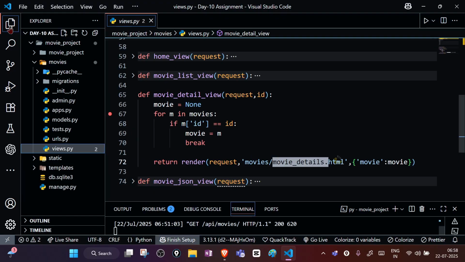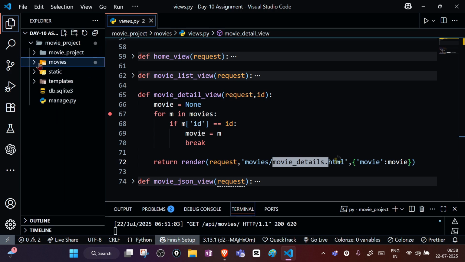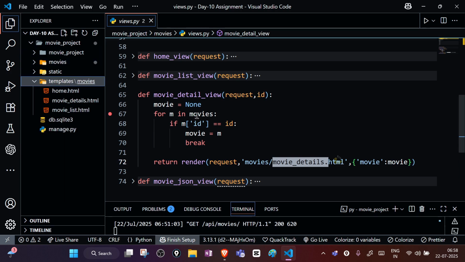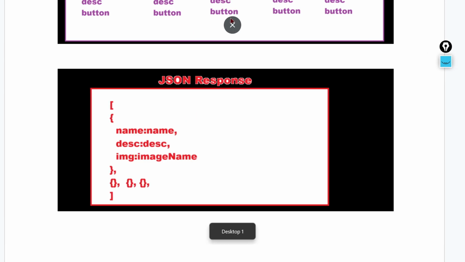And where is the movies_details.html page? So this page you can find inside the template. So when you will see the templates,